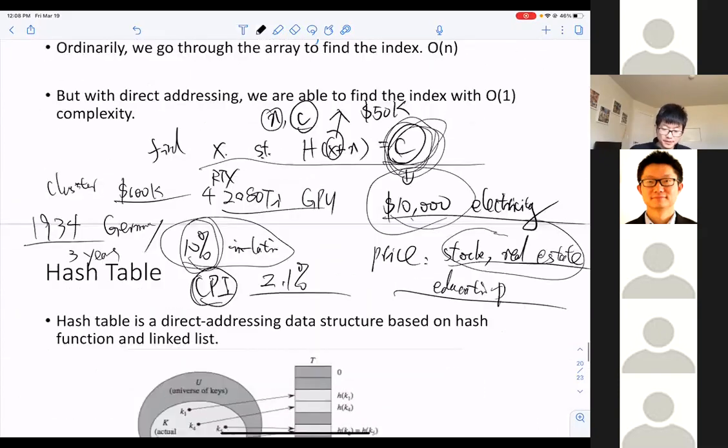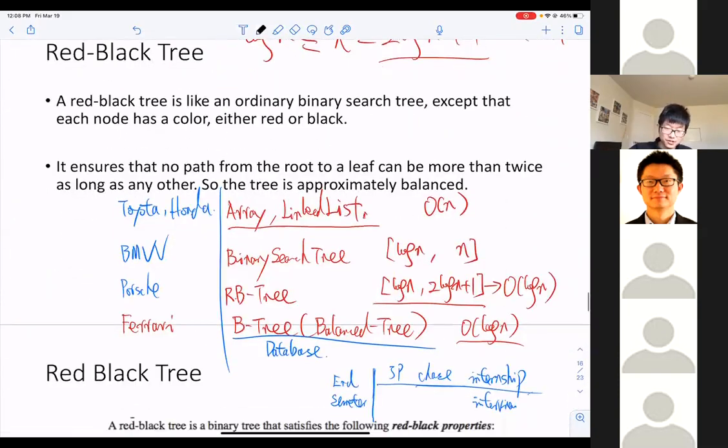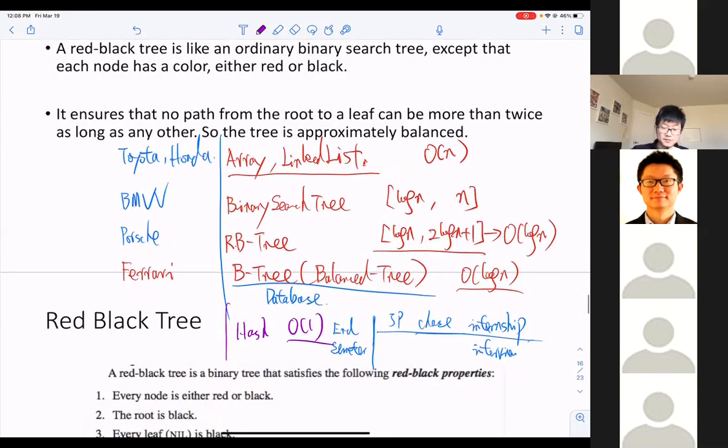In terms of the search speed, hash is the best one, which gives you the O(1) search complexity. But some of you may ask, why in database, why not implement database in hash table rather than RBTree? Because it gives O(1) search complexity, which is better than O(log n). The reason is that there is one limitation with hash, which is that it's based on array, and we can only store small amount of data